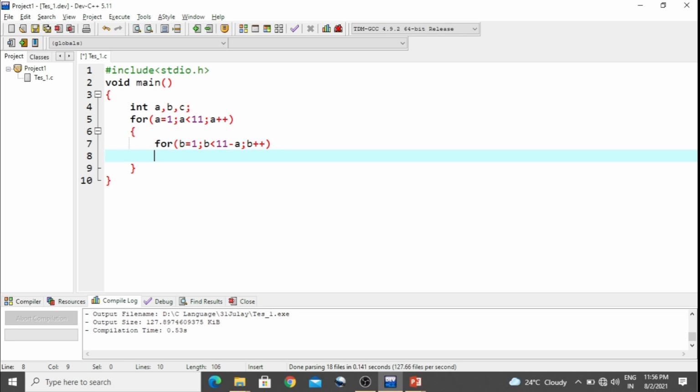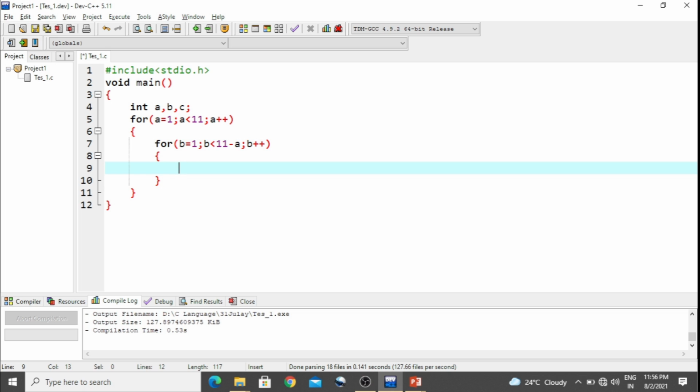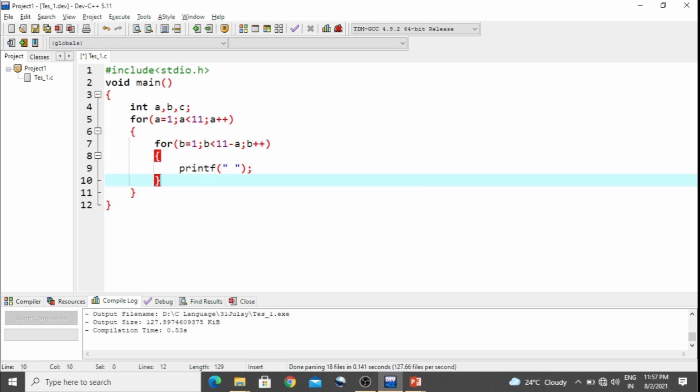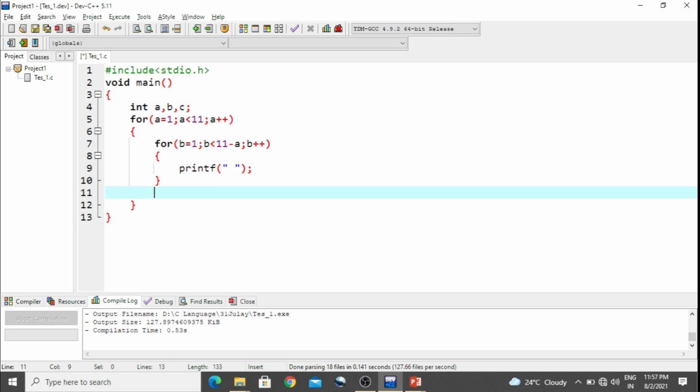What we need to print in this for loop is printf. We are going to print a space, a blank space. After this for loop prints the spaces, in another for loop we take C equal to 1, C less than or equal to some condition.